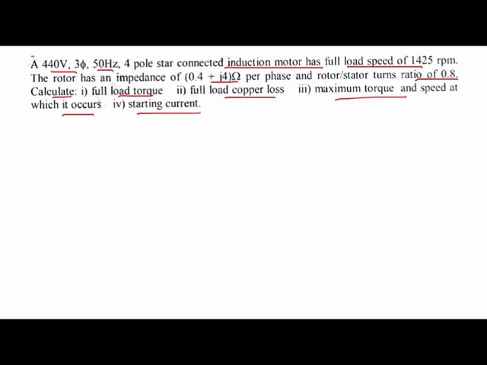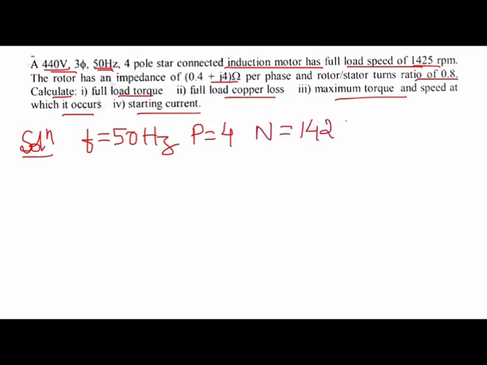So here we have an induction motor, that is the input to the induction motor is 440 volts. It is running at 50 Hz frequency and the speed of the motor is 1425 rpm. So let us list the given data. Frequency is given, it is 50 Hz. Number of poles are also given, it is 4 poles. Speed of the motor is given 1425 rpm,